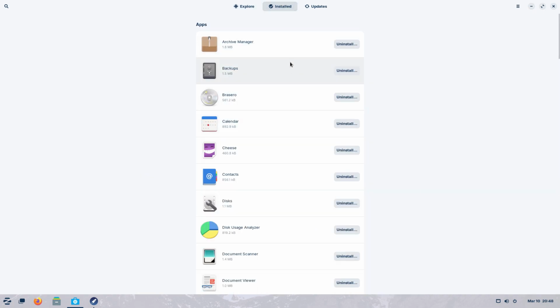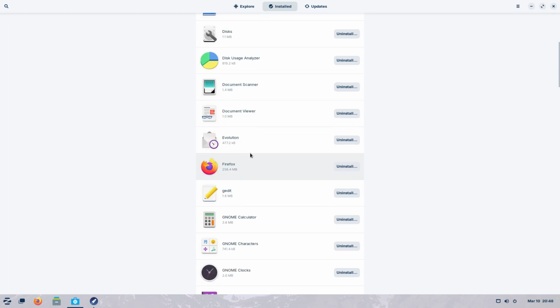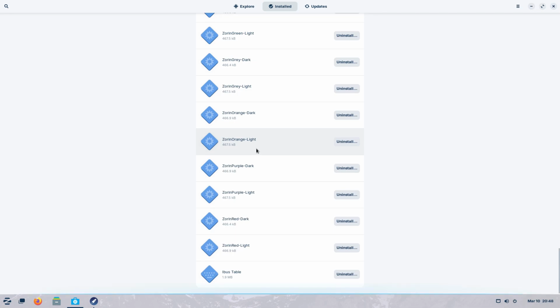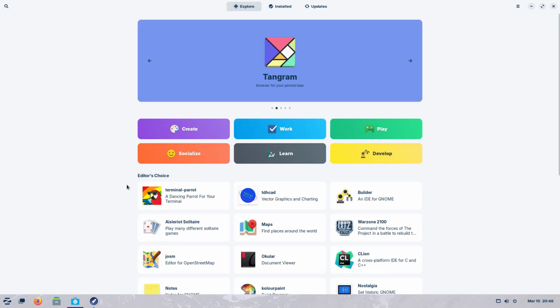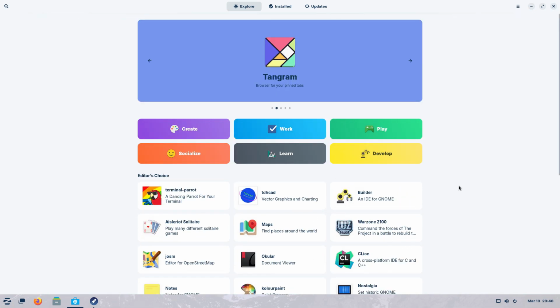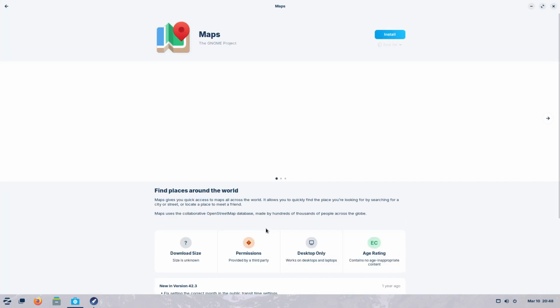And under installed, it'll show all your apps that are actually installed on your system. So you can go through this and see what's all installed. All right. So let's go back under Explorer. Let's do a quick installation real quick. Let's do maps. It probably is installed. I didn't even pay attention. Oh, it's not. So let's go ahead